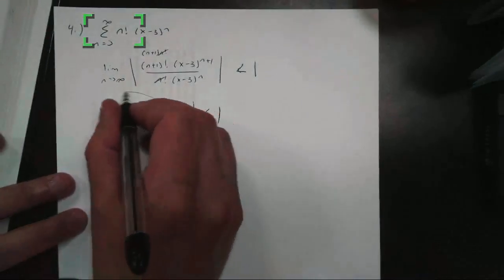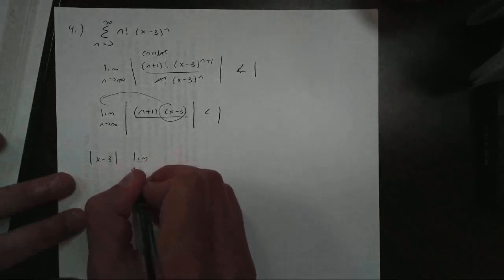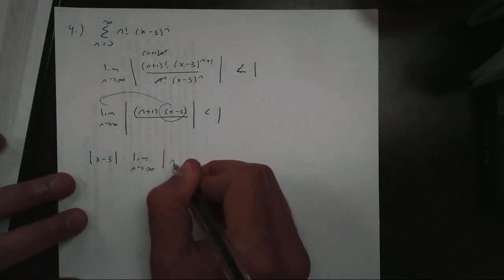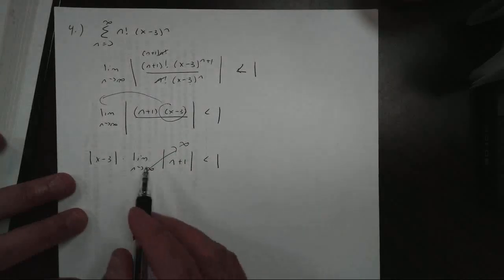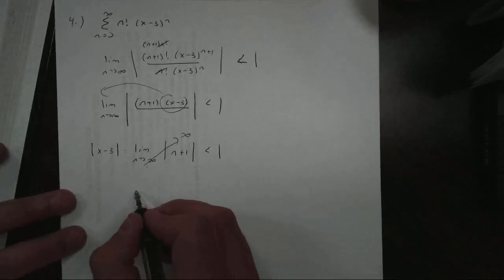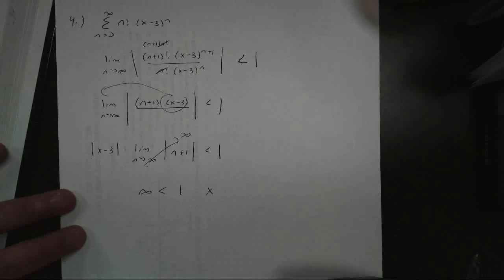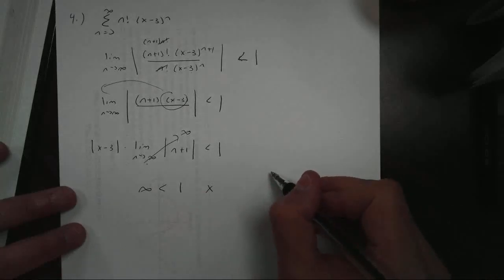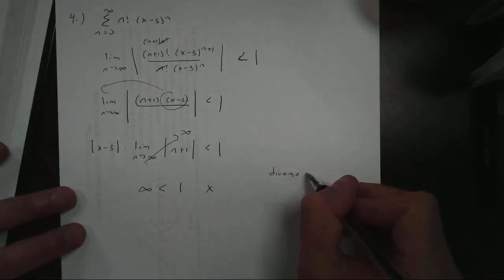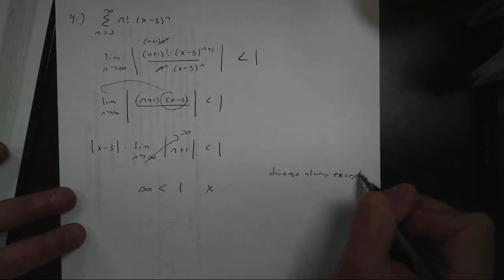Well, if I factor out that x minus 3 times the limit as n goes to infinity of just n plus 1 less than 1, this shoots off to infinity. The limit then goes to infinity, so it gets bigger. So what we're saying is infinity is less than 1, which is obviously false. Now we talked about this in part 1, but what does this mean in terms of our radius and interval? Remember what this tells us in part 1, that this will diverge always, except